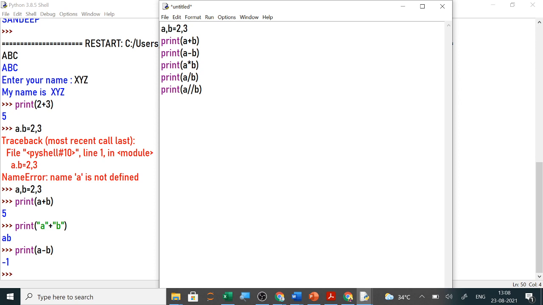Then for modulus I will use the percent sign, which shows the remainder, and the last one, for to the power, double star is used. So now when I execute it,